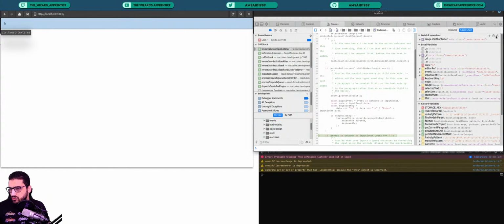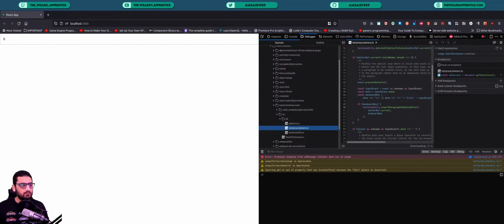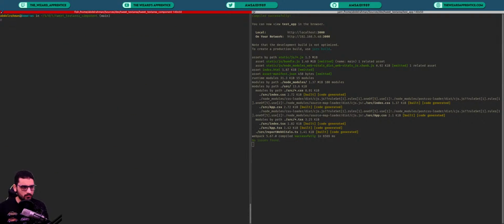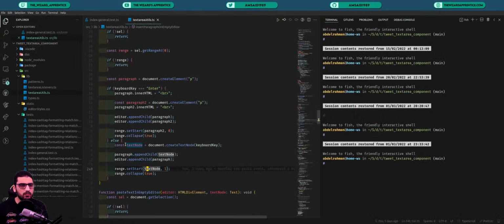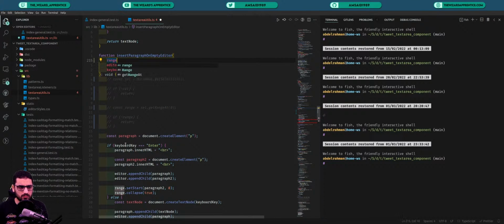So let's actually try this one and see, would it make a difference if in this one we disable this and we pass the range,